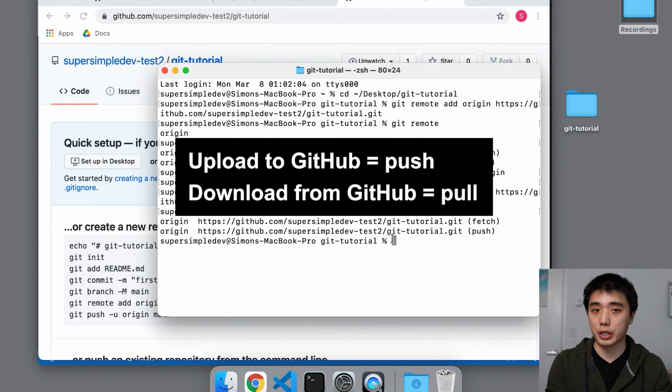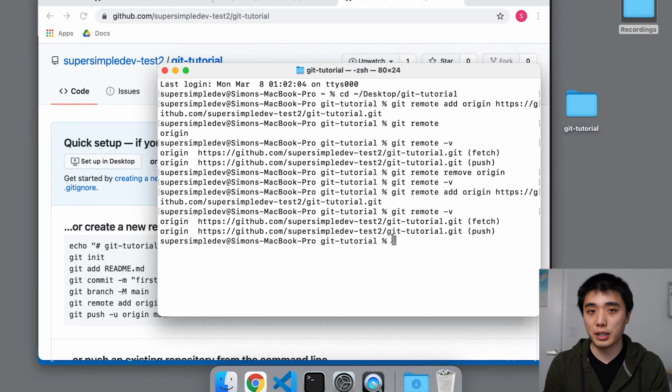We're going to start with pushing our code first. The first thing we need to do before we start is configure Git with our GitHub username. Right now, the only person that can push to our remote repository is the person that created it, which is us. So we have to tell Git that it's us.